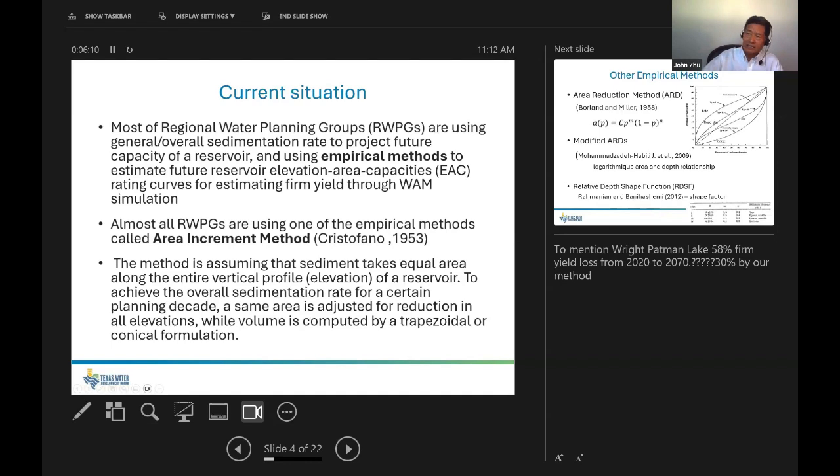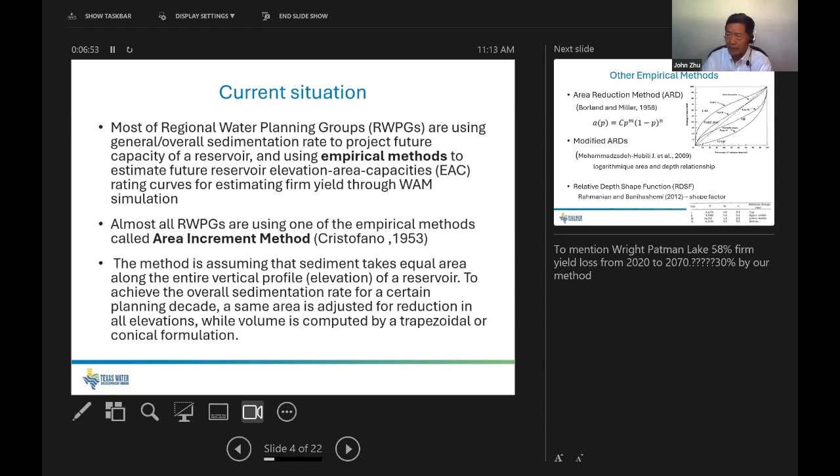We often say EAC rating curve, for estimating firm yield through dam simulation. And the most common method currently used, almost all the groups are using, is called the area incremental method. This method assumes the sediment takes an equal area along the entire vertical elevation of a reservoir profile to achieve the overall sedimentation rate by adjusting